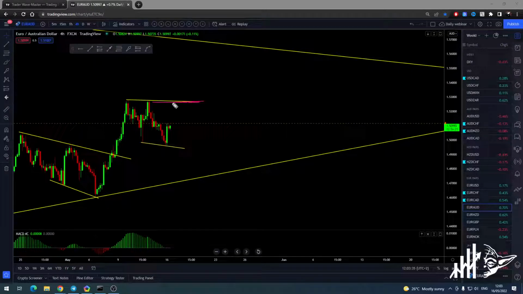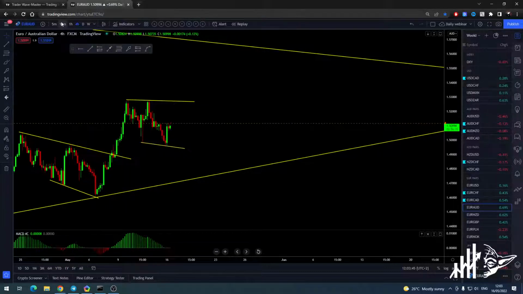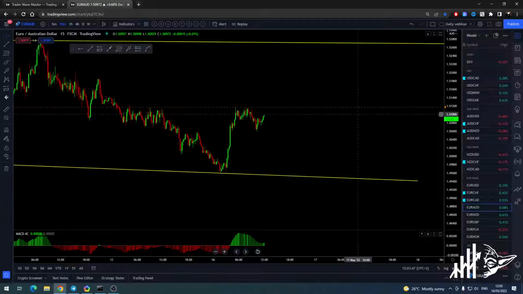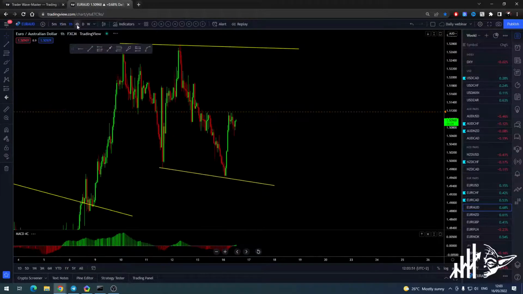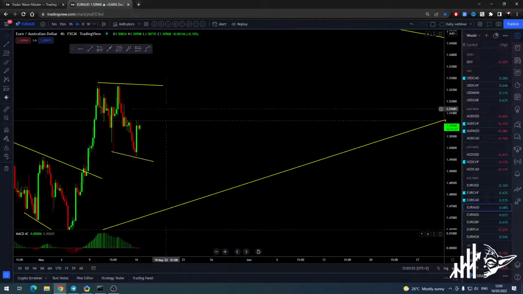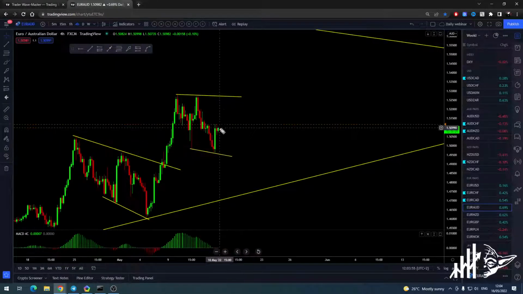If it tags the trend line, you're supposed to move the trade to break even and see what it's trying to do. If it breaks out correctly, you can go for more buys. But as it stands right now, you have to watch it and see what it's trying to do. It could be a nice flag for a buy stop over there. So you just have to see what it will do during the day today.